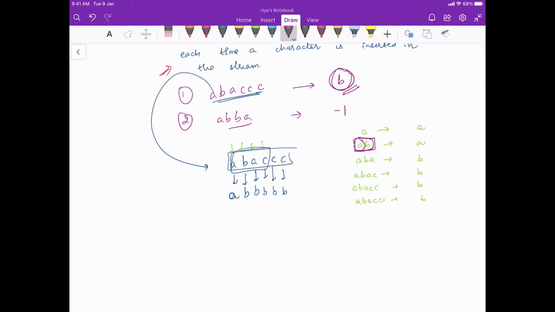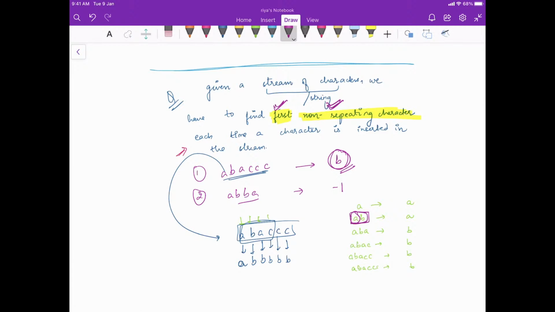First non-unique character, guys please read the question. First character I am saying, for AB it is going to be A only. Now think of it and think of an approach to solve this question.